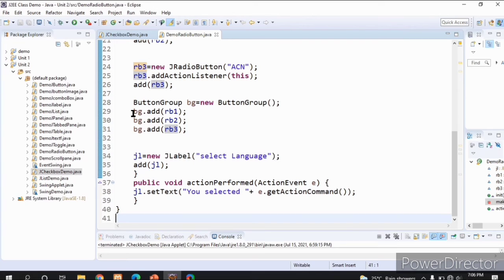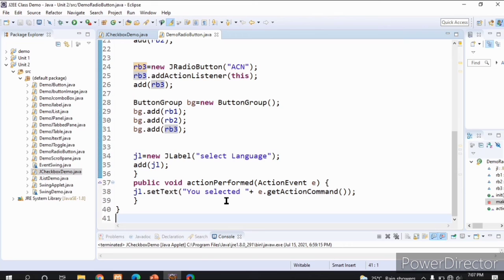So I am creating one button group here, and in that button group I am adding these three JRadioButtons. Now we can maintain the mutually exclusive nature of these JRadioButtons. Next I am setting the JLabel text to Select language. Then I am adding that JLabel to the content pane of the applet viewer.